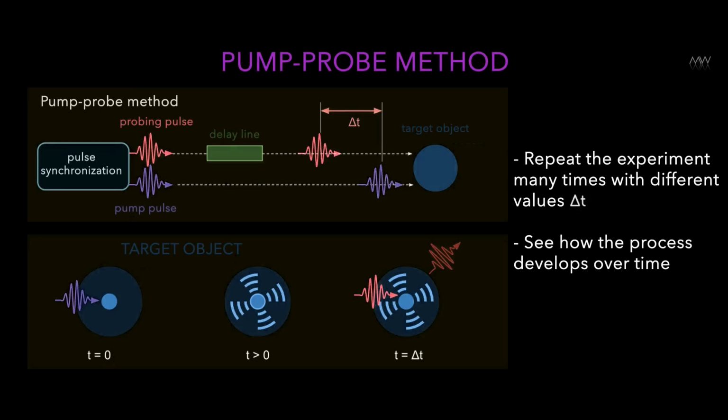Here's an illustration of how the pumping and probing technique is used. First, you have a laser that generates two very short pulses of light, and they're synchronous, meaning they go right along with each other. One of them is stronger; it will hit the target and start some process. The second one is weaker. It is like a flash. It will photograph the state of the system at the right moment in time. Then the weaker one goes through a special delay line that we can adjust, and it is slightly delayed in time by some time: 1 picosecond, 2 picoseconds, or half a picosecond. And this pair then still synchronously, but with a time delay, hits the object.